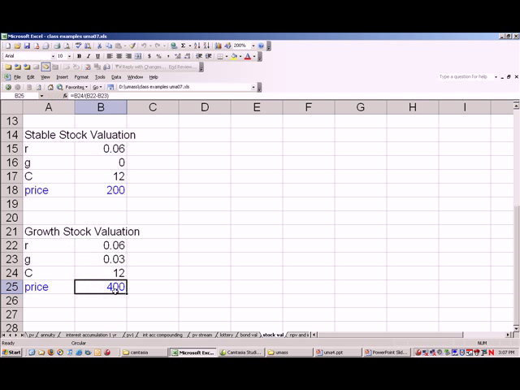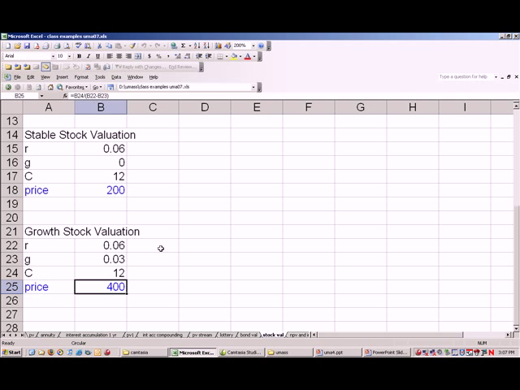So if we have a growing firm that has the same current dividend, we have a much higher stock price. Kind of the important lesson here is that stock price is highly sensitive to what is expected about the growth possibilities of the firm. Now, just to reinforce that point,